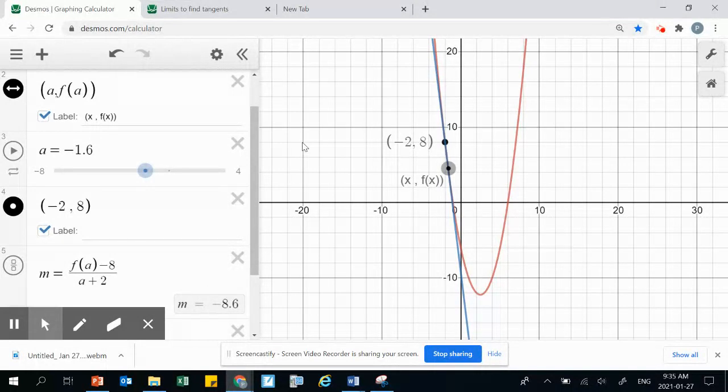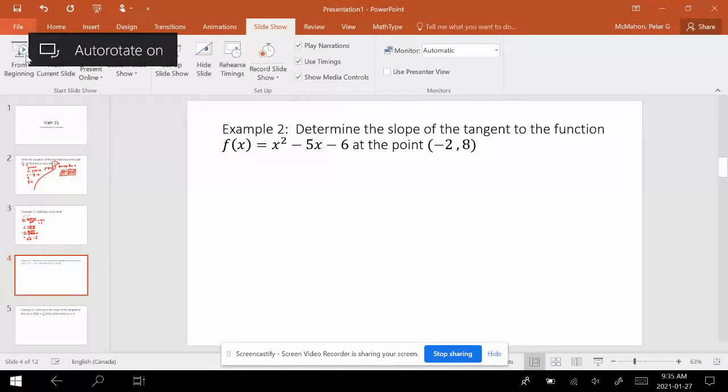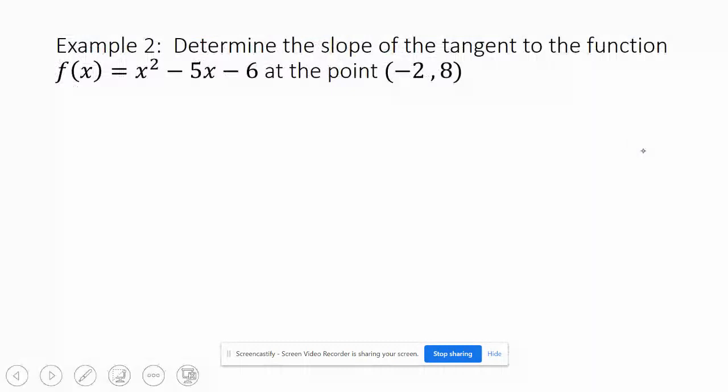With calculus, we can describe this mathematically. We're saying that this x value is approaching negative 2, and we want to calculate what the slope is going to be. So back to our example. Here's how we do this. Our slope calculation is m equals rise over run, which is this guy over here,